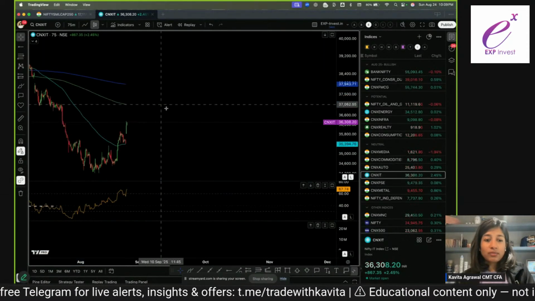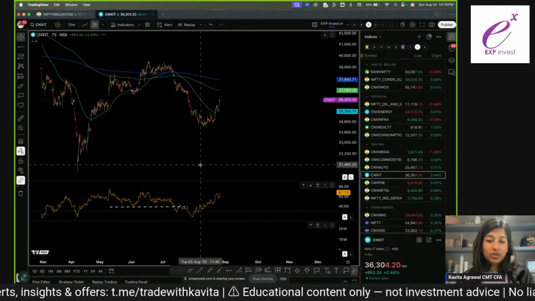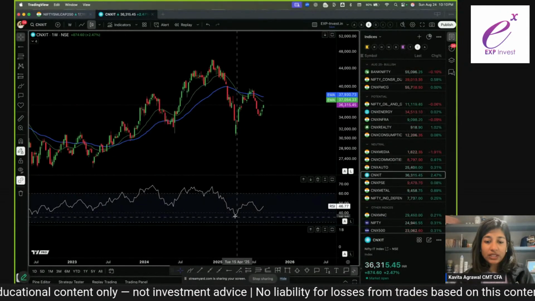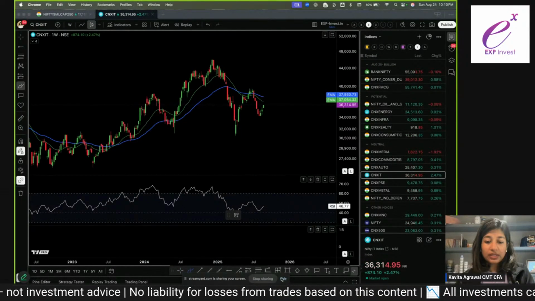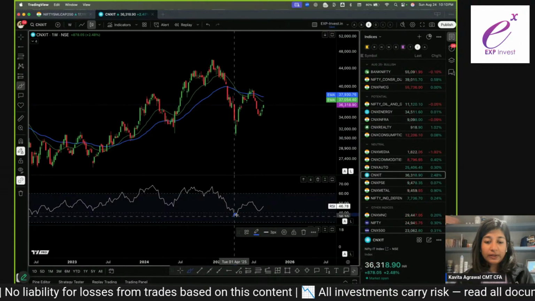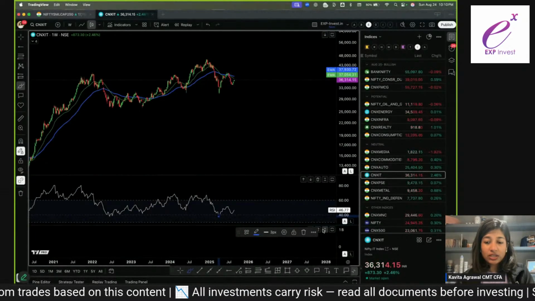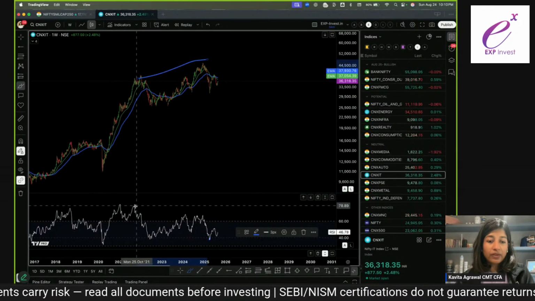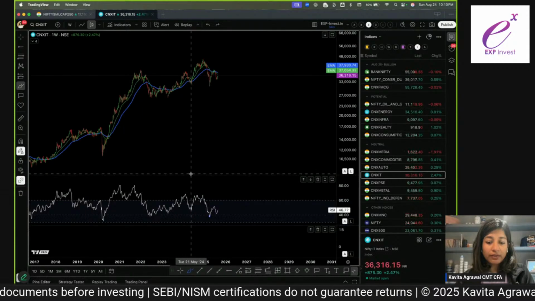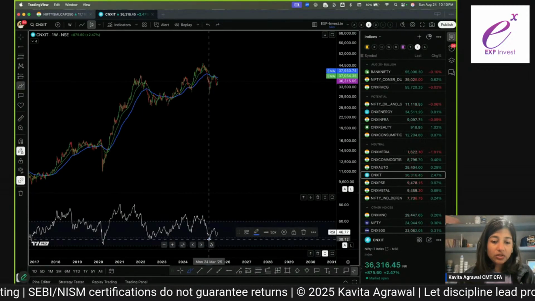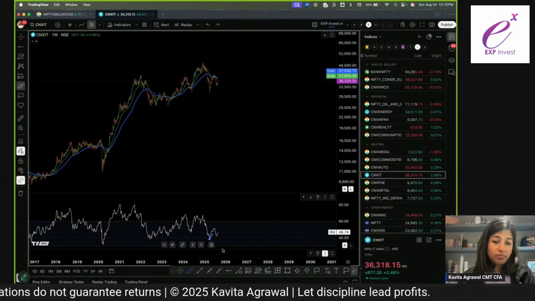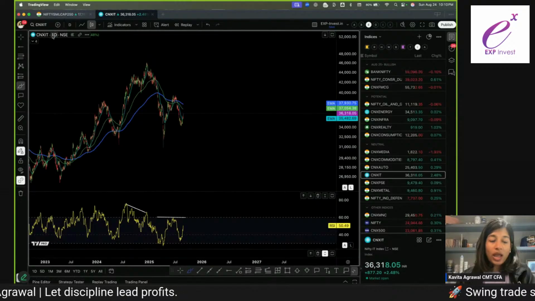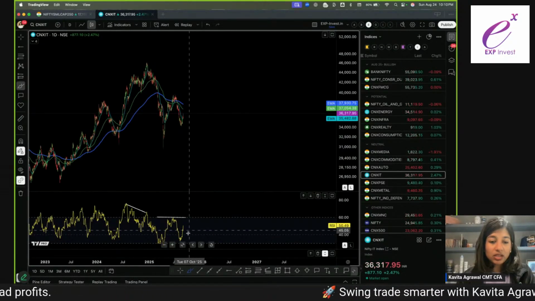Since IT has caught my eye for being 2.5% up today, let's take a look at the IT chart starting on the weekly. On the weekly, what we are seeing is it did break this level of 40 a little briefly on the weekly time frame, which did not give me a lot of confidence. Negative divergence here is again worrying for me. This breach is also worrying. So this bounce could be a temporary bounce. I don't think that the overall IT sector index is looking healthy at all.